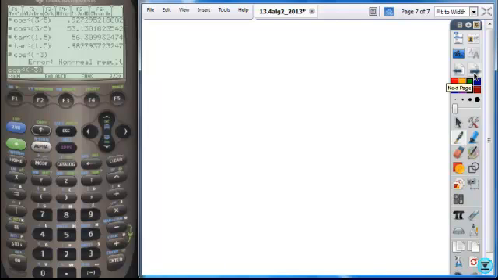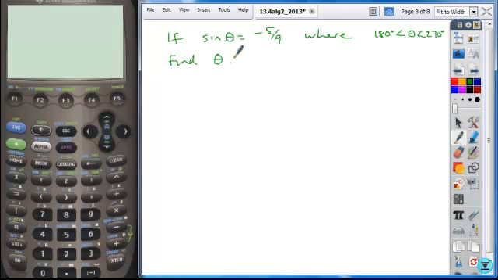The next thing I want to do, when you do this, there's a couple different ways to approach it. The first way is to use your calculator and just see what this represents. So if you're looking again at this unit circle as a reference,